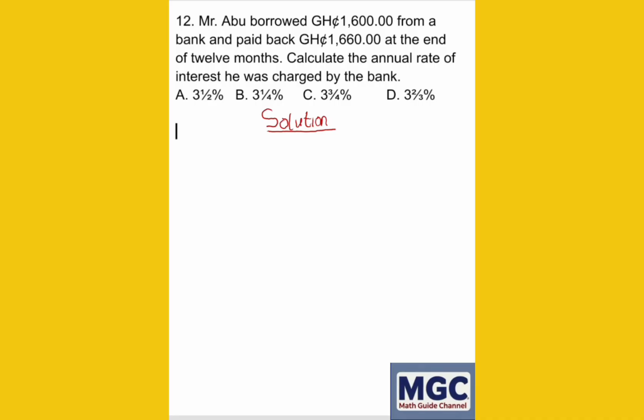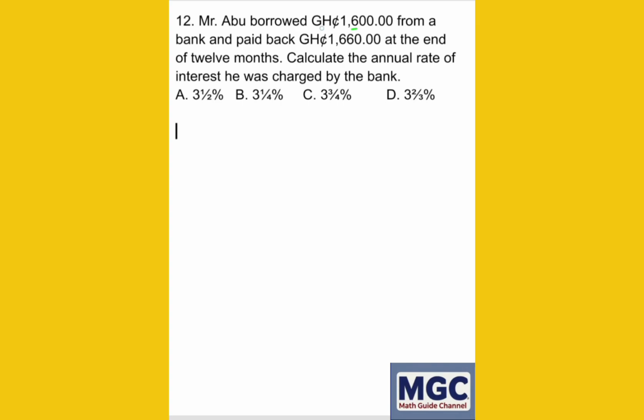In this particular question, we are told that Mr. Abu borrowed 1,000 Ghana cedis from a bank and paid back 1,660 Ghana cedis at the end of 12 months. And we are asked to calculate the annual rate of interest he was charged by the bank. So in this particular question,